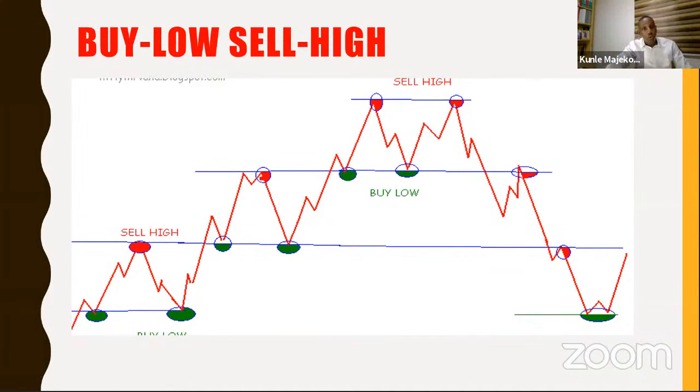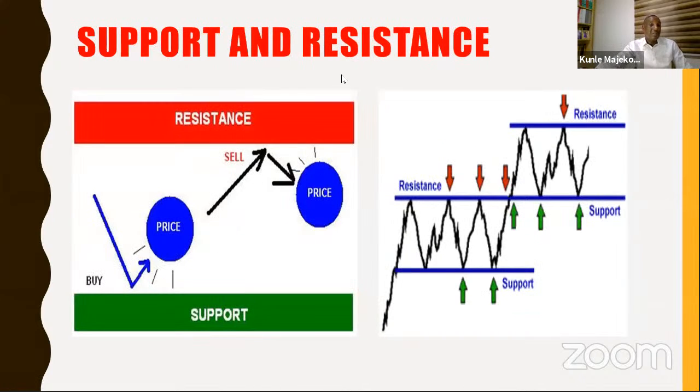Also, you can use what we call support and resistance to decide whether to buy. And this thing, you will learn. There's a whole day that is dedicated to teaching you support and resistance. In the professional class, you buy at support and you sell at resistance. Support is when price comes low and the reaction is that price will bounce up.